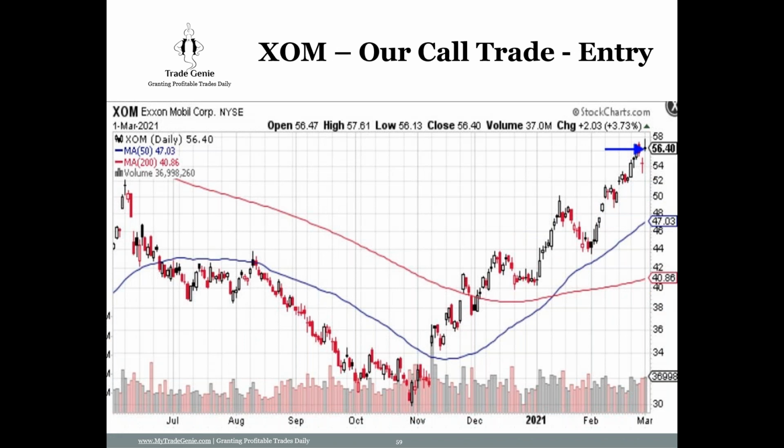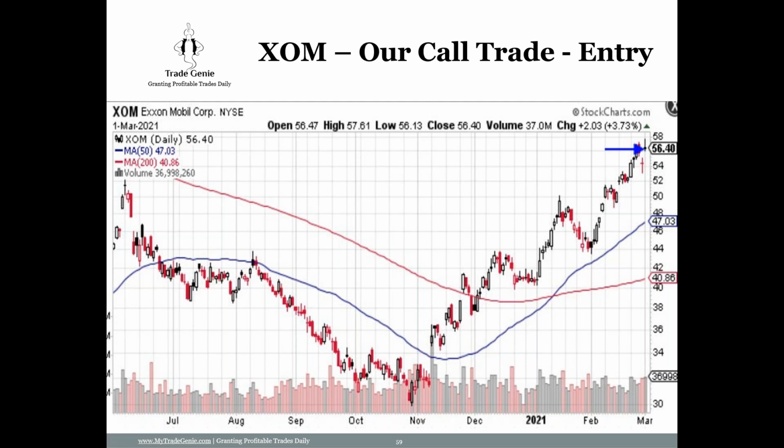Here is Exxon. For crude stocks, I watch the crude chart. Don't just watch the particular chart. Because it's related to crude, look at the crude chart and see if crude is moving. Exxon usually, this is a bullish pattern. When the market gaps down and makes this kind of pattern, a doji candle, gap down, and then the next day it gaps up and does this, it's a reversal signal to go long.